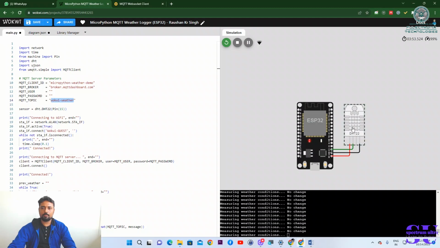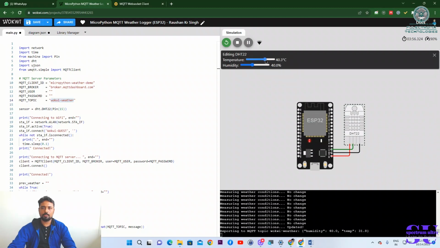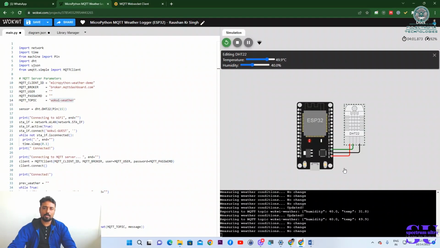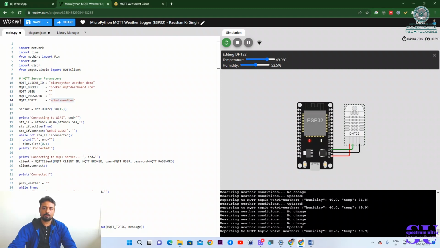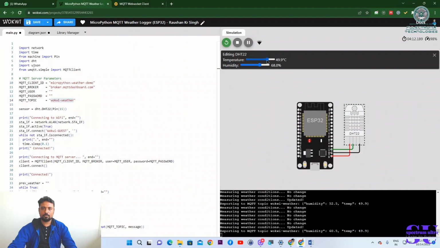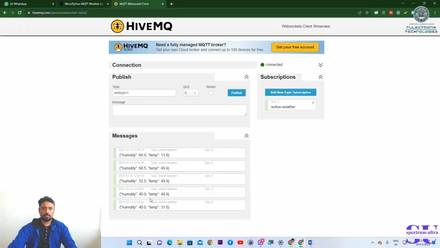Now when any changes come to this value, for example the temperature increases, you can see it here, it's updating. Humidity 40, temperature 49.9. With a real-time sensor, when the value changes, it will update again. You see, I increased the humidity value this time. Now here it was 52.5 and 49.9. It will get updated here. It takes a few seconds, and then you will get the updates. Let us change some more and see the values. So it came here. Like that it keeps on updating.